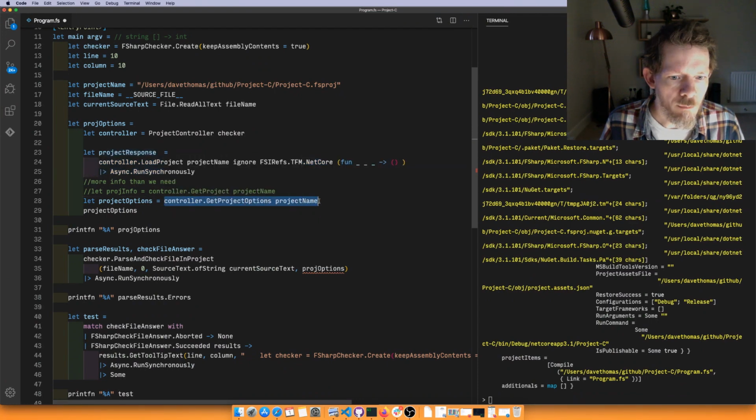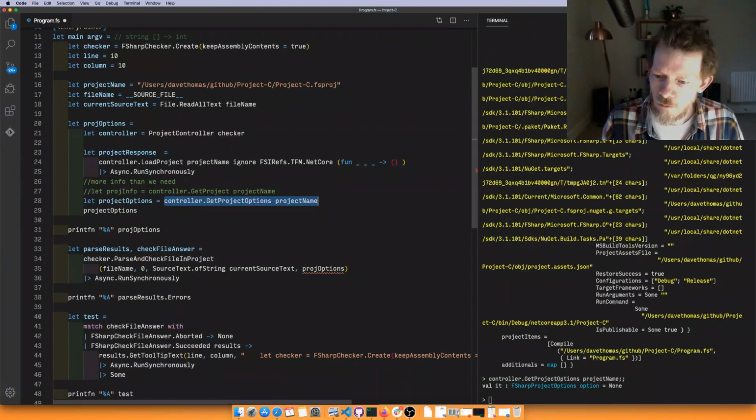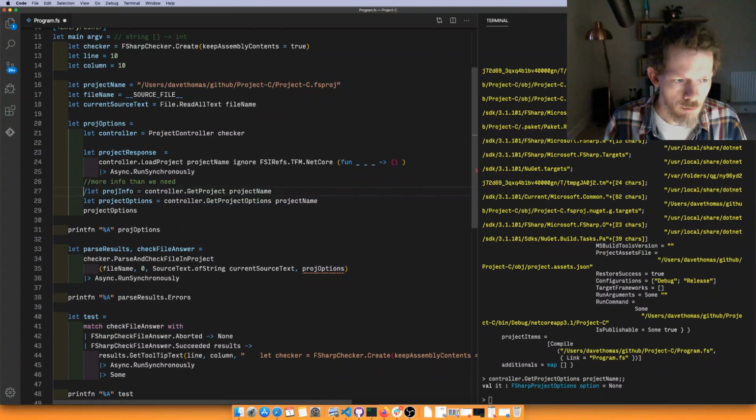And this gets us back our project options. Okay, so there are no project options, but there is a project info. If we rerun this line,